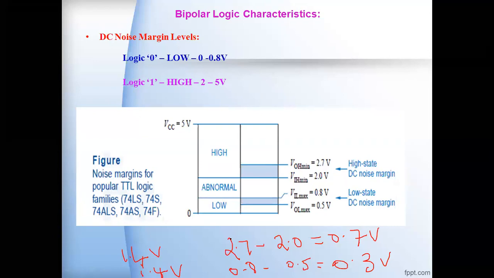In the next class, we will continue with the bipolar logic characteristics and compare these values with the CMOS logic, because for any logic family, we will take the steady state characteristics and discuss the dynamic characteristics. What matters is how they perform in the circuit, and which is the better logic family. For today, we will conclude here and continue in the next class.